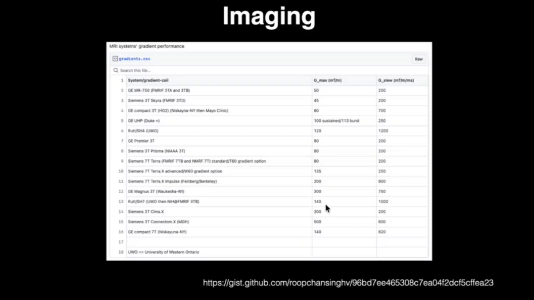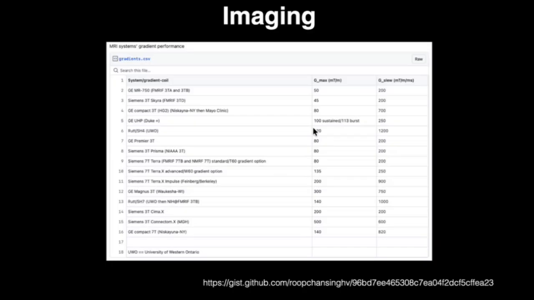So you can see the standard clinical systems. We have 3T A and B, line 2, and 3TD in the facility is line 3. These are fairly typical from a few years ago. Slightly newer, there's a Prisma system here at line 8, which is also in the facility, but that belongs to NIDA and NIAAA. The 7T Terra systems have similar gradients to the Prisma, but